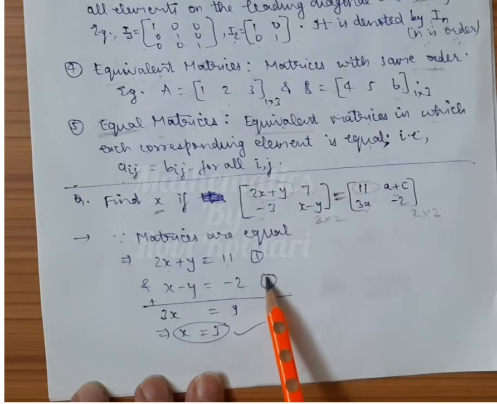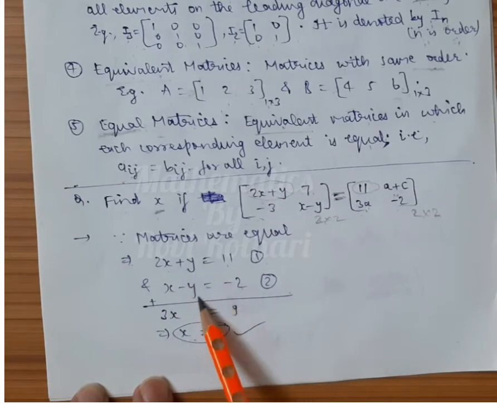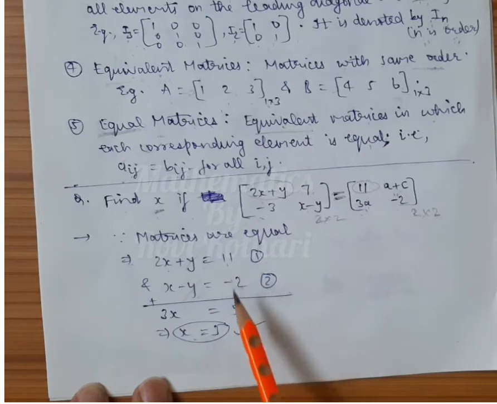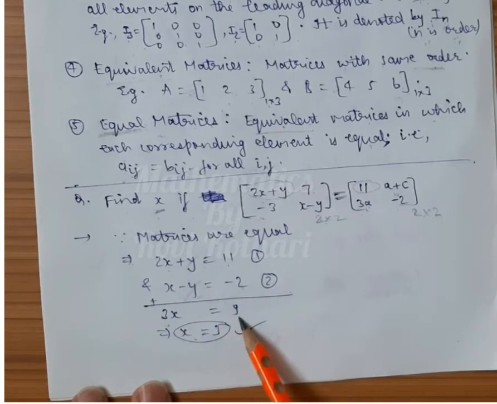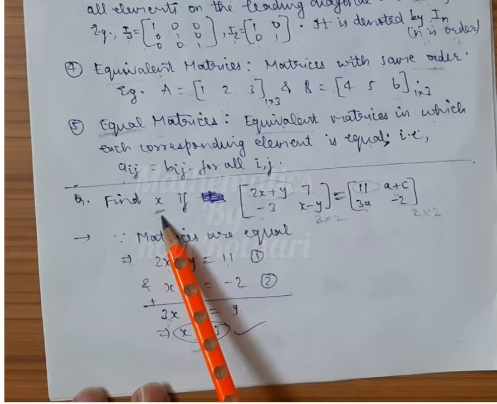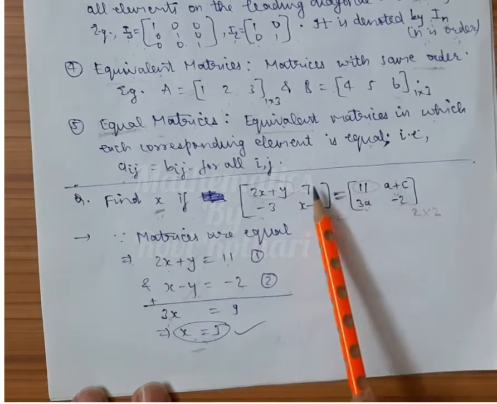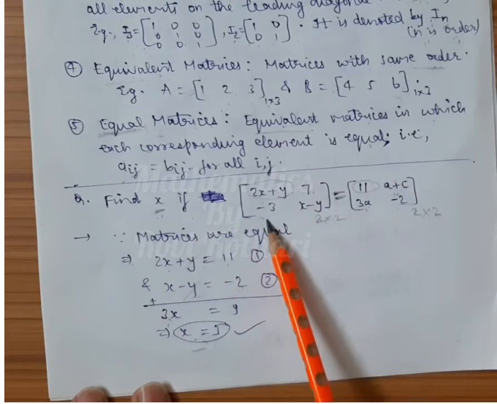So I have two equations, two variables, I need to find x. So clearly if I add these two equations, y gets cancelled. So I am adding the two equations. So we added: 2x plus x, 3x, y cancels, 11 minus 2, 9. 3x equal to 9, so x equal to 3. So what is the answer to this question? 3, because he asked only for x. If he had asked for a, we would have used this equation. Okay.